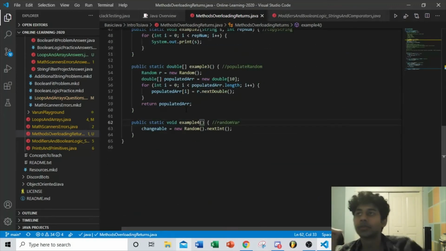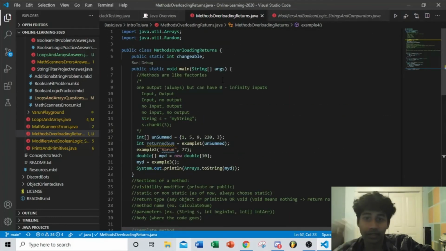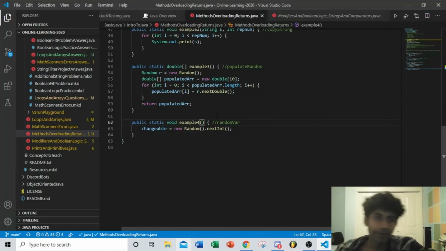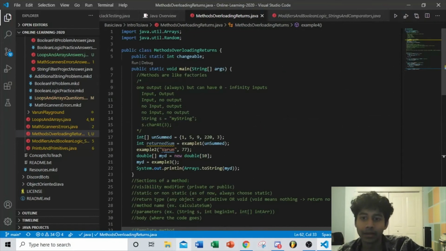Say throughout my code, I want to reassign that value, maybe for randomness, or it needs to be reassigned sometime during, say, someone's playing a game you made, and you need to reassign this value, but you don't want to keep returning it because it's a static value and it's a class variable at the very top, and you're accessing it absolutely everywhere. So you don't want to have to call new random next int every single time. Instead, what you do is you run a method called like random var, and what I can do is I